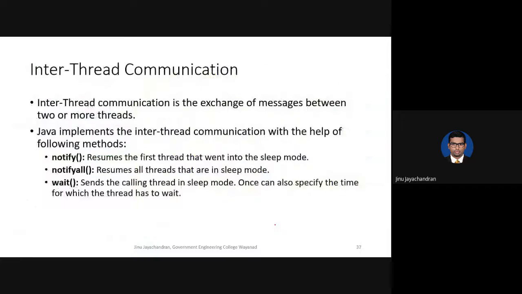And it will run. Now there is something called inter-thread communication. You see that there are multiple threads running in parallel. There will be thread number 1, thread number 2, and thread number 3. So 3 threads might be running in parallel. Now what if these threads need to communicate with each other? For example, this thread might have a variable called a, which has a value equal to 1, and thread number 2 needs to access this variable a. How will it access it? That's why we have something called inter-thread communication.